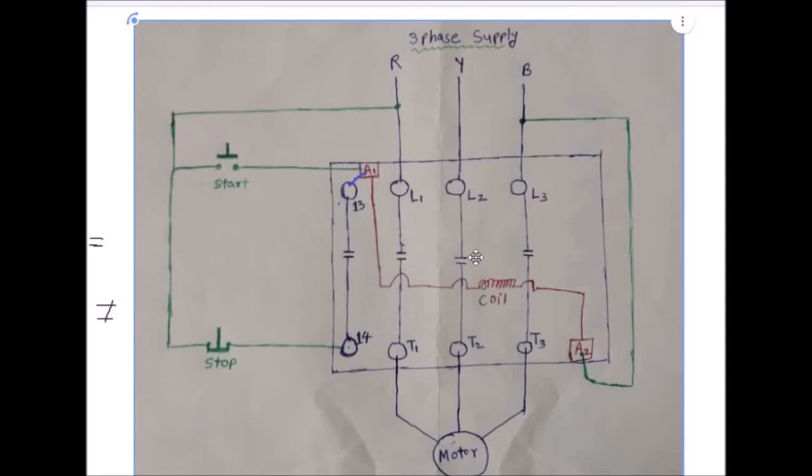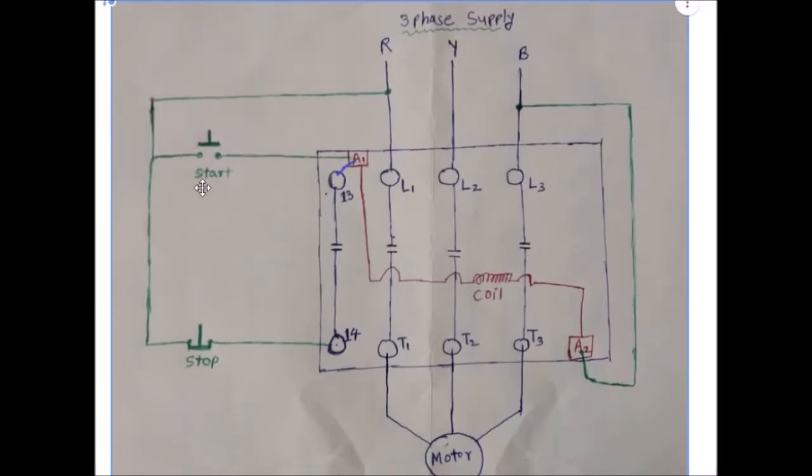The plunger associated with these four contacts gets attracted towards the coil, and hence these contacts become closed. Due to closing of these contacts, the 13 and 14 contacts get connected through this stop push button to the R.